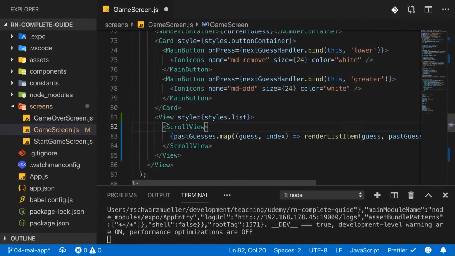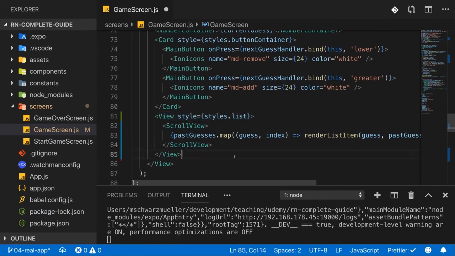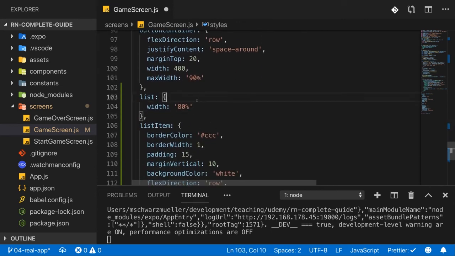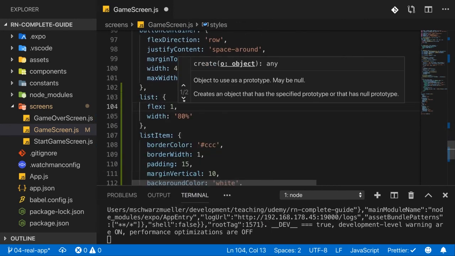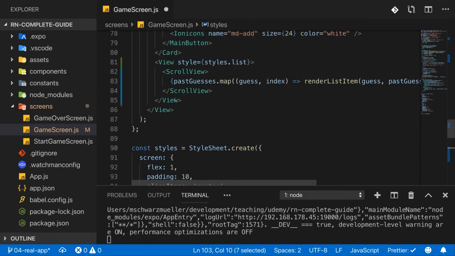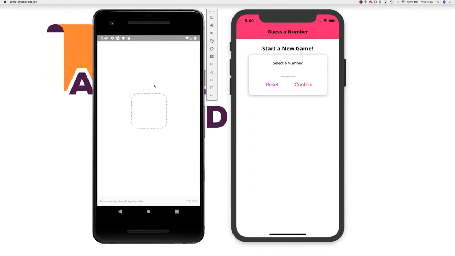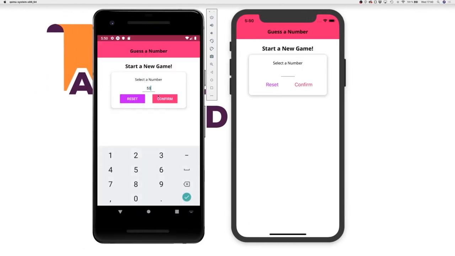Now, whilst it does scroll fine on iOS, for the scroll view nested in a view to scroll fine on Android as well, make sure that the surrounding view actually uses Flex 1. So add this to the list style here, which is the style applied to the view, which is wrapped around the scroll view. With that added, if we now try this again on Android,